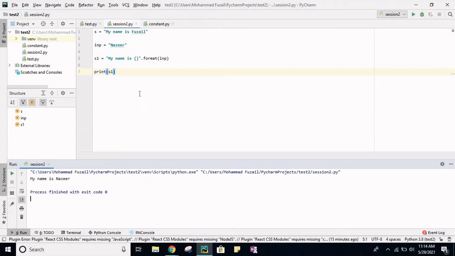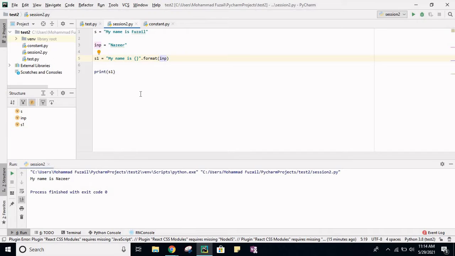To use a string or a message dynamically, to show a dynamic value, or to write a dynamic value in a file, or to show a dynamic string or message on the output, which will be based on some particular variable, in that case you can use this format function. Always when you use a format function, you use these braces to provide the input which you pass in the format function. This is the simplest way to use the format function.